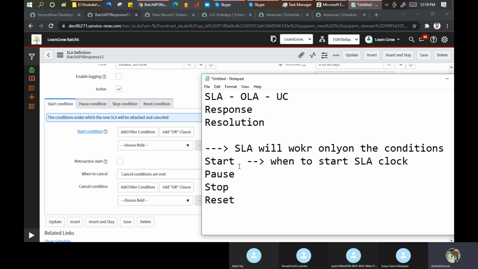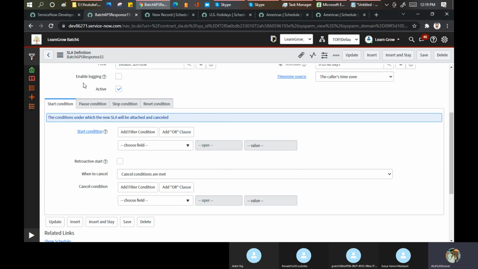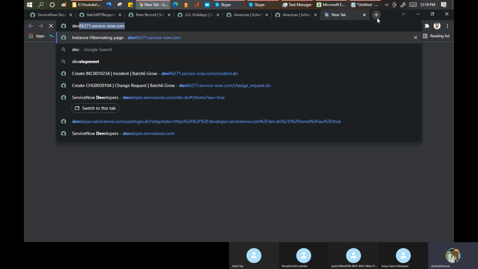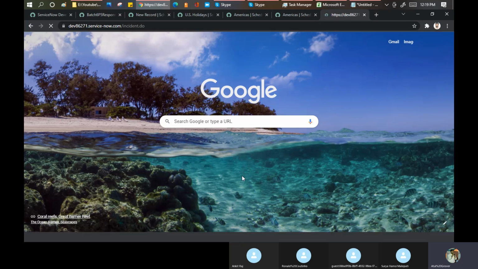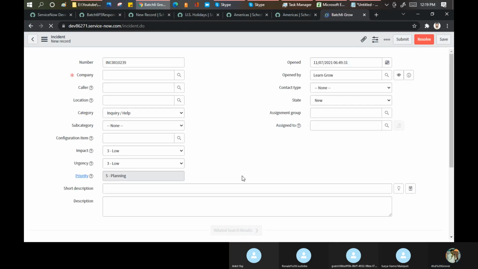Okay. Now in the start, I have to put some condition. Let me open something here just to see some conditions so that I can define conditions here and we can understand the things easily. Okay, category is inquiry and subcategory I put as email.